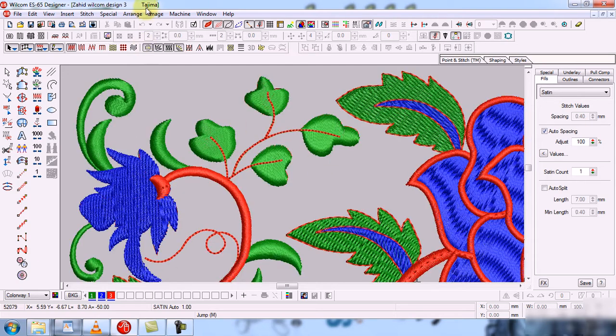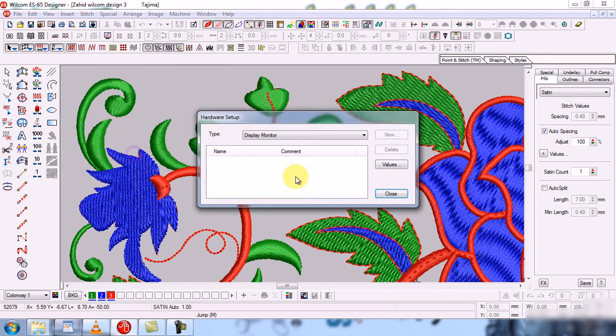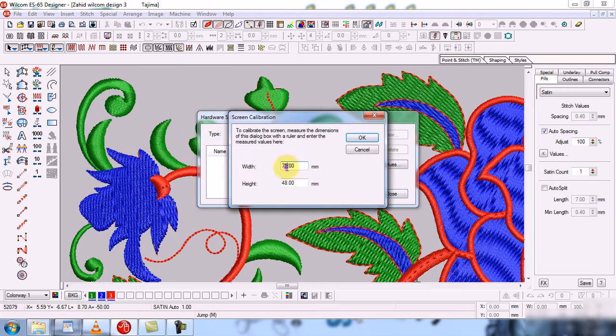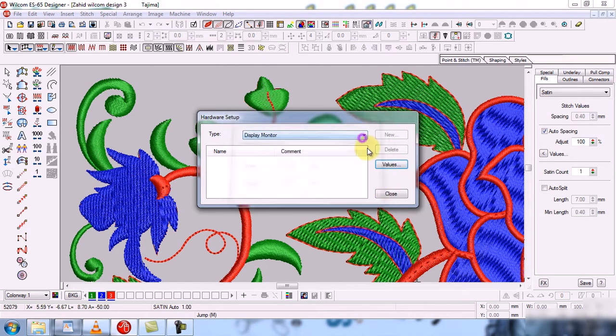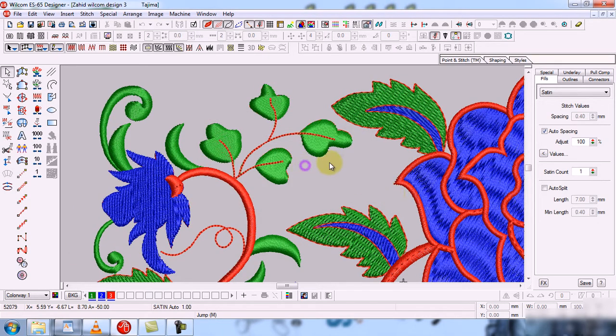So if I change them again, for example 84 and 52, and OK and close, these values are too close to correct for my display screen settings.